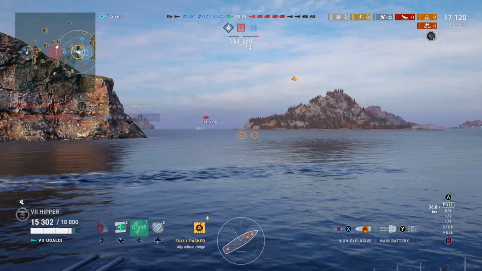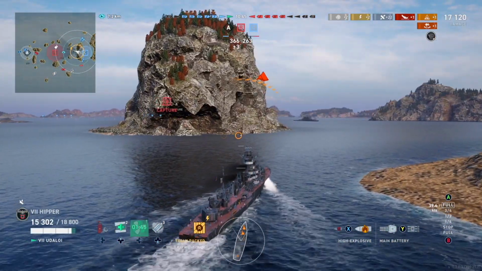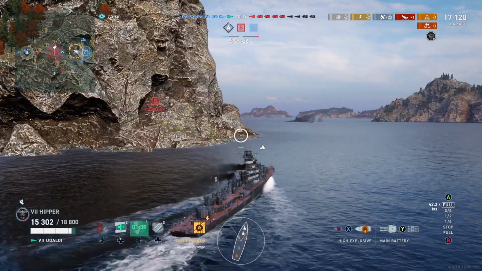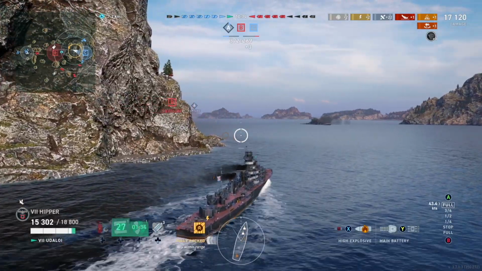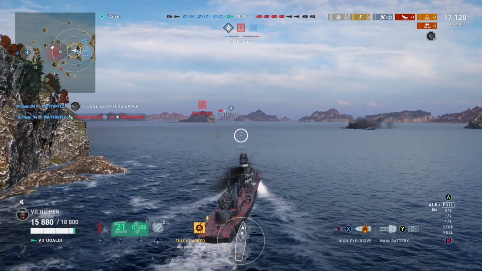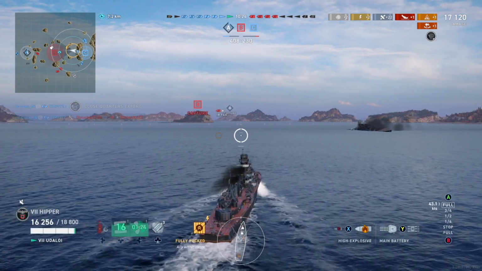You head in full speed, and you get spotted, and you don't really care about that. And you fire your torps and you fire your guns, and then you try to get out again alive by wiggling your tail. Because I've tried the concealment build on this ship, and again, compared to something like Z39, it just doesn't hold comparison at all. Z39 is a much better